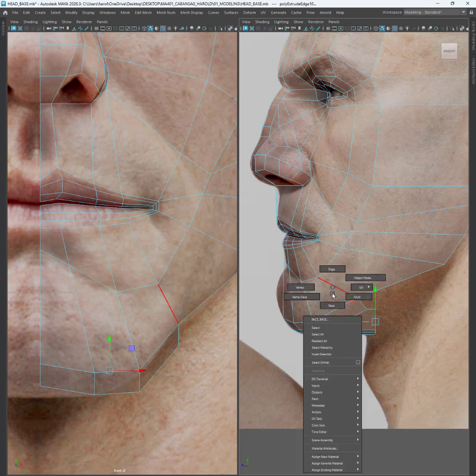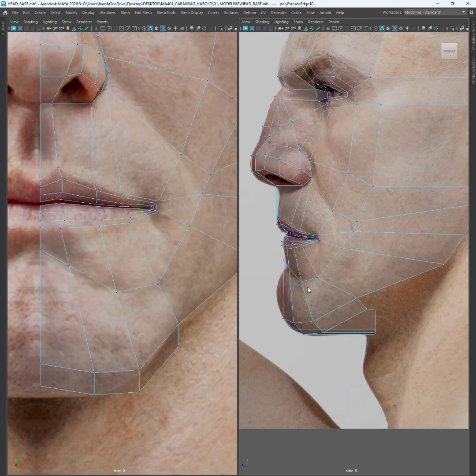I can right click here and then I can choose the vertex. So this is one way of shortcutting to the selections. And then since I can access the vertex now, I can carefully select my vertices and then just reposition them